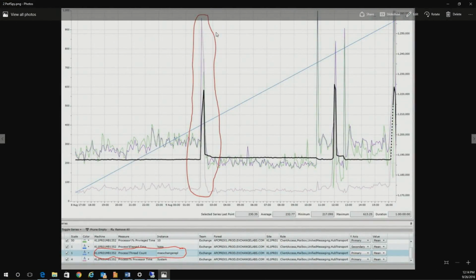So I'm looking at a couple things here. One, I'm looking at these massive spikes. The bolded thing are the number of threads in the replication process. So that means that something happened to cause it to have to spin up a bunch of threads. And really the only thing that can cause that is a massive latency in I/O. Well, if we also look at this purple line, the purple line is kernel CPU. The kernel CPU spiked massively at the same time.